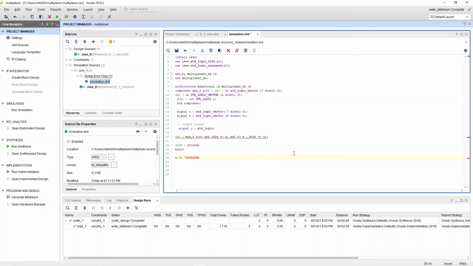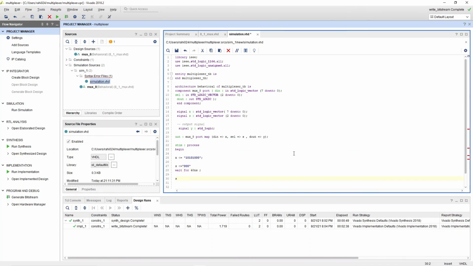Okay, this is the 8-bit data which I initially gave, and S I gave as 000, and then I wait for 40 nanoseconds.